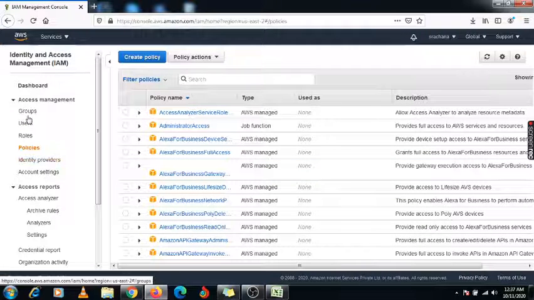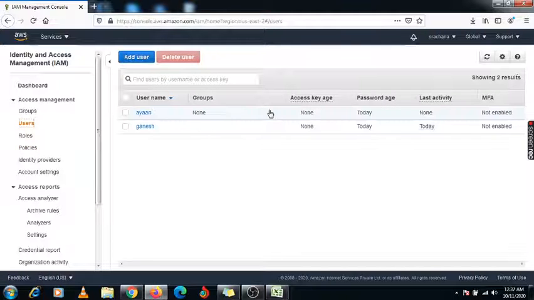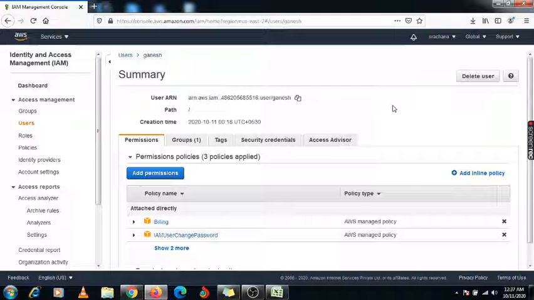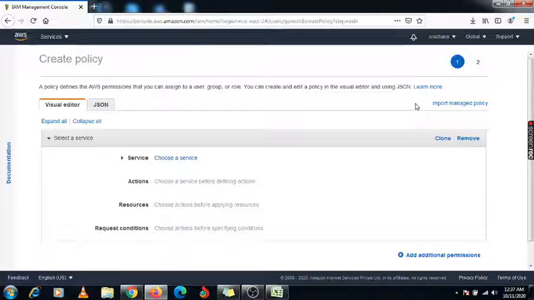Under this user, if you want to check other settings, click on this user and you will get multiple options. Under add permission, there is the add inline policy. That inline policy is nothing but the permissions.